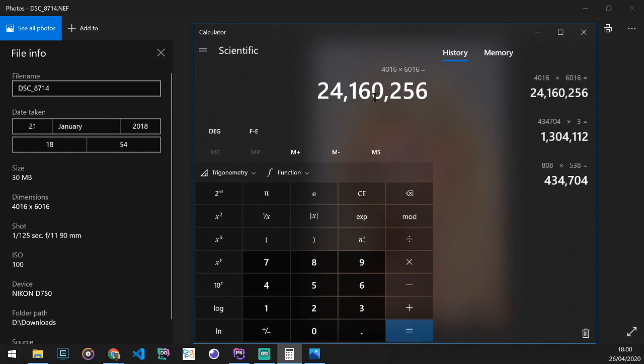So that's 24 million bytes. So we're expecting at least 24 megabytes. And you can see in this case that the size is actually more than the expected size. It's 30 megabytes. And that's probably because